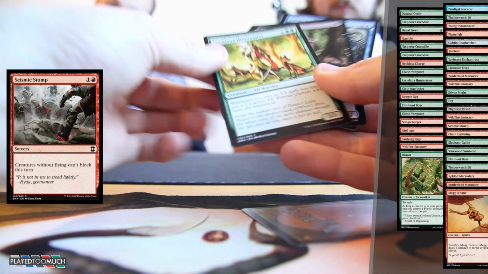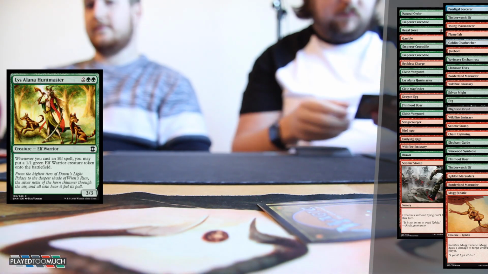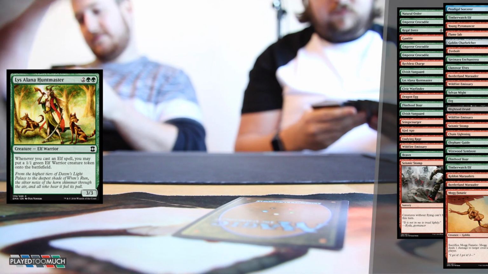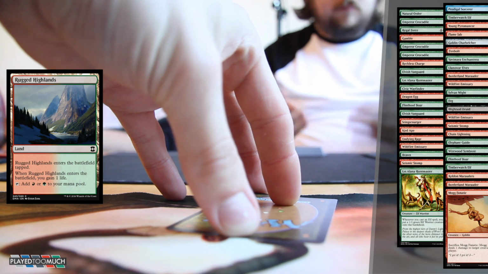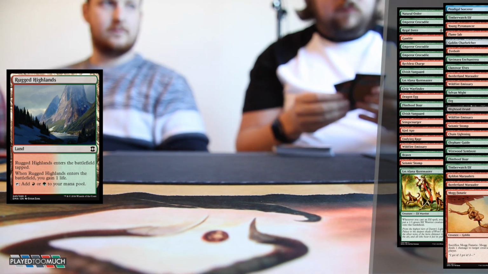And the Huntmaster's actually come back round, so that's really good for us. You know, second Huntmaster, we're flying on air there. Orchestra Flame or the Rugged Highlands, will take that fixing every day of the week there. So there is that, and we're just waiting for our last card now, which will be